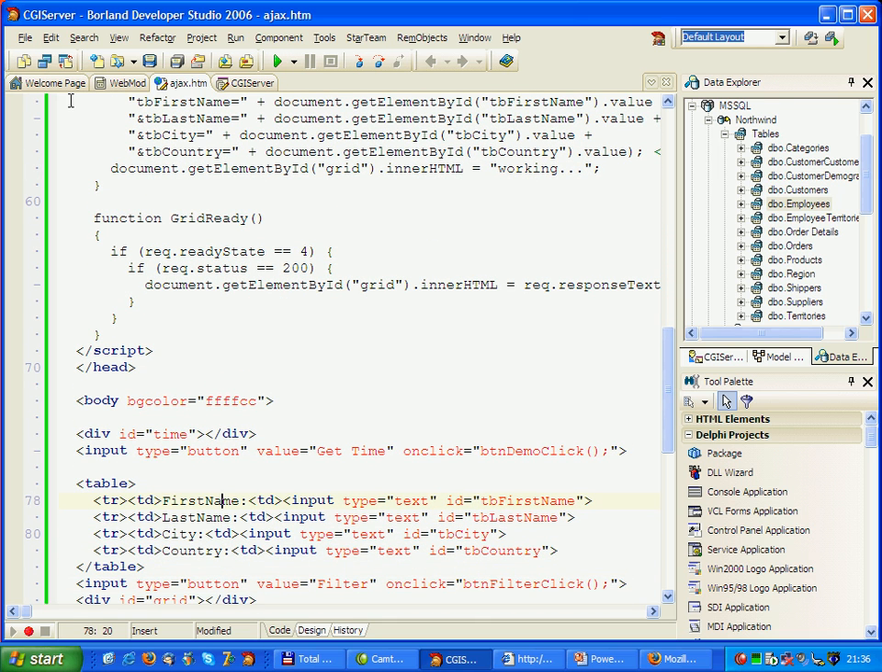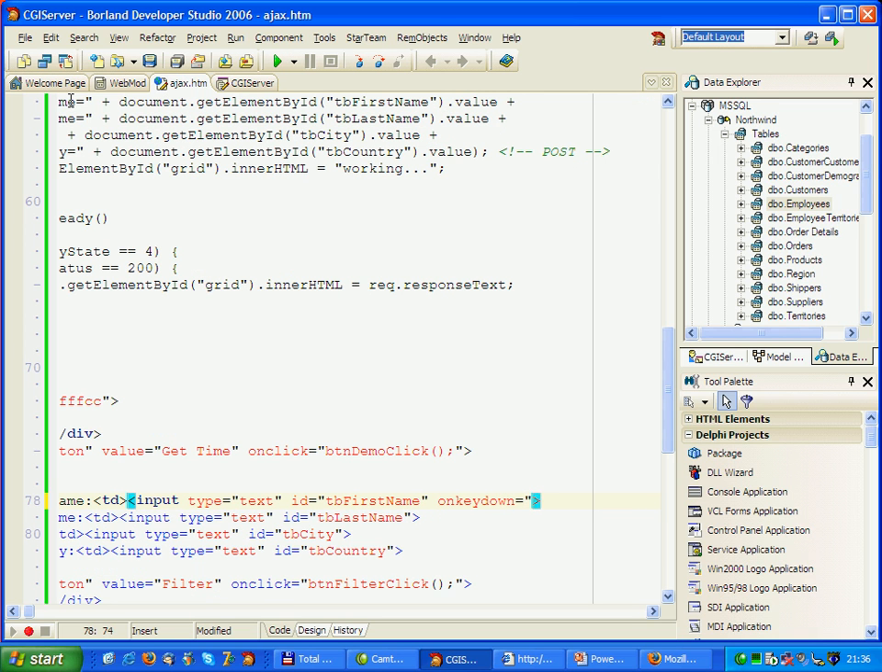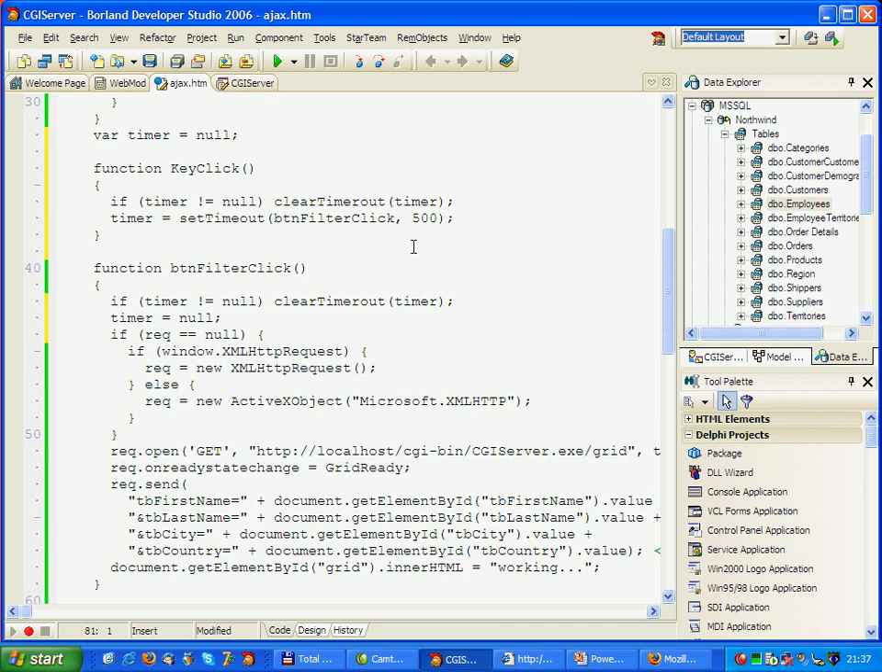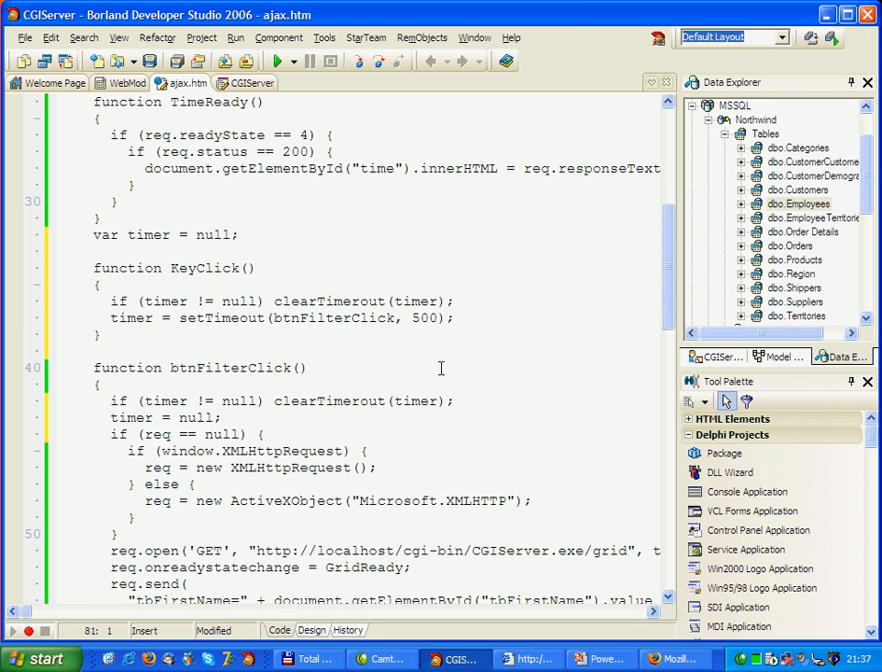Going all the way down to my table, we should now set the onKeyDown event handler to my keyClick method, including the semicolon, and add the onKeyDown to all 4 text boxes in my table. So for all 4 text boxes, if the user is typing away text, they will trigger the keyClick event because of their onKeyDown, which will set a timer which after 500 milliseconds